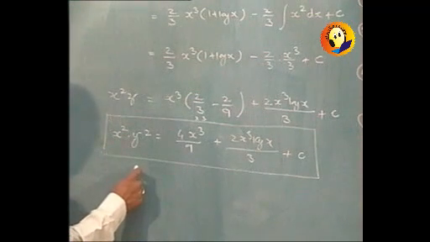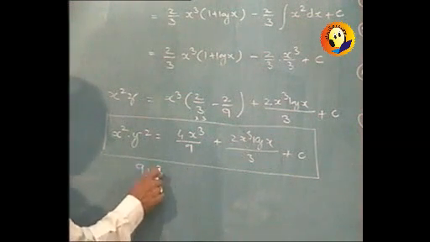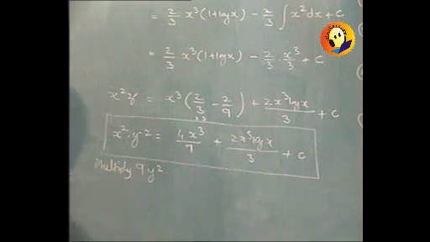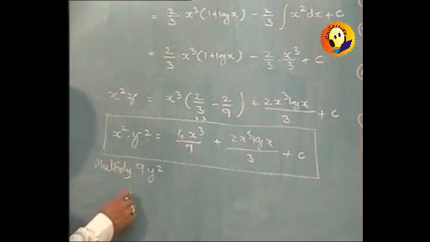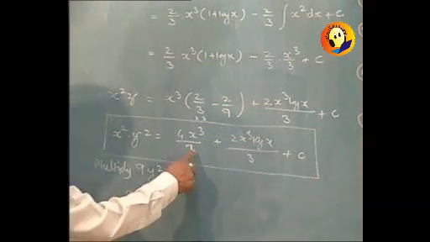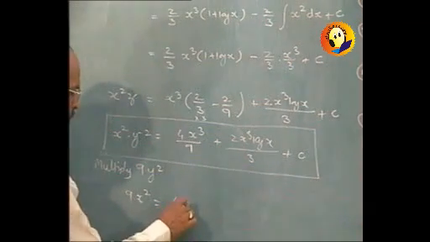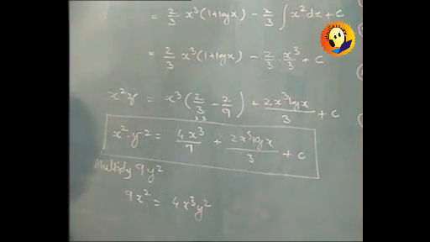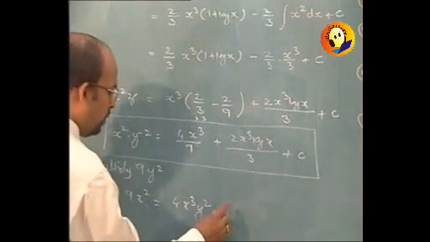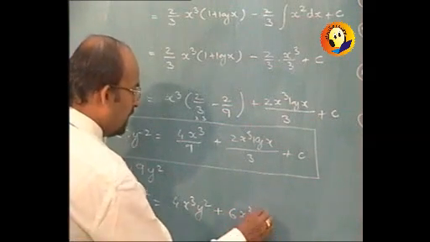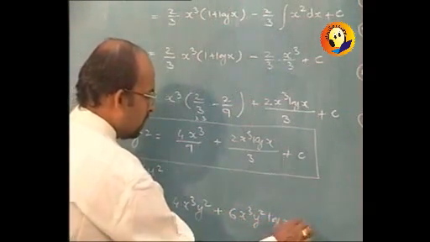So if you multiply by 9y square, then you will get it as 9x square is equal to, 9 will cancel from here, it will be 4x cube y square, and 3 will cancel, it will be 2 into 3, it will become 6x cube y square log x plus